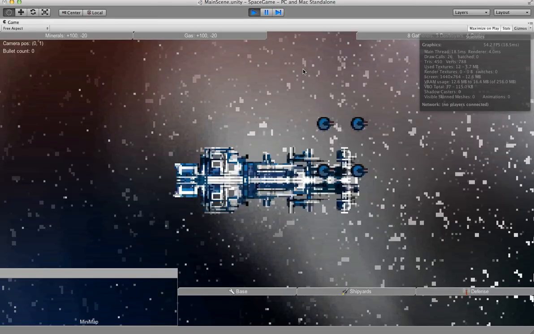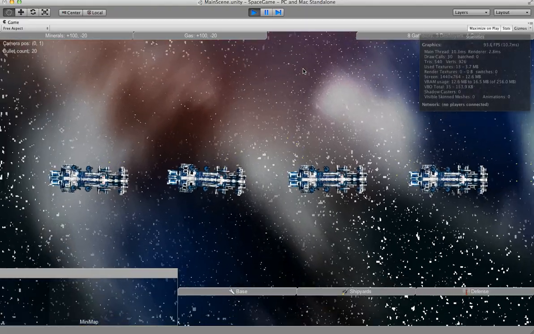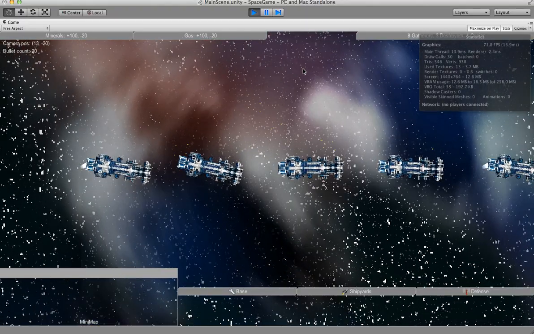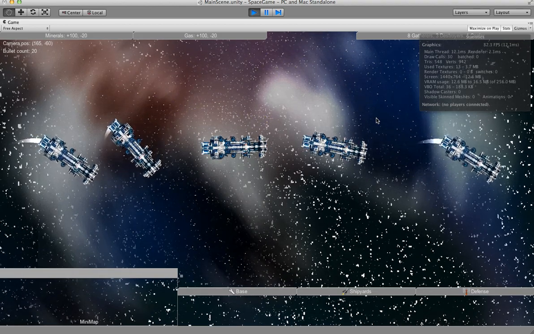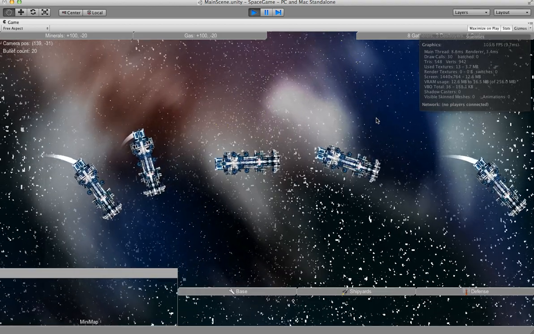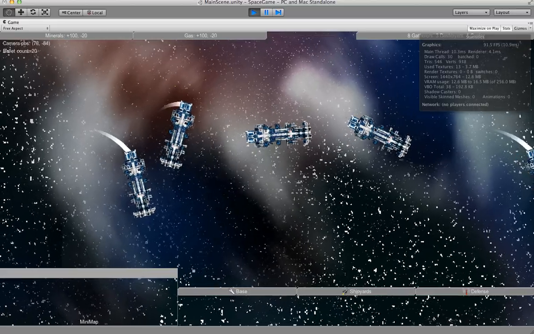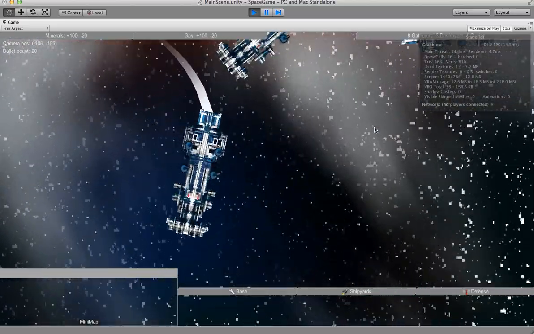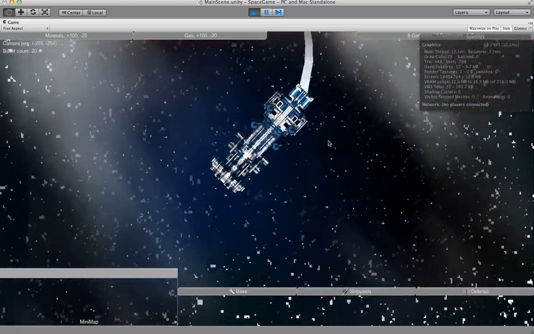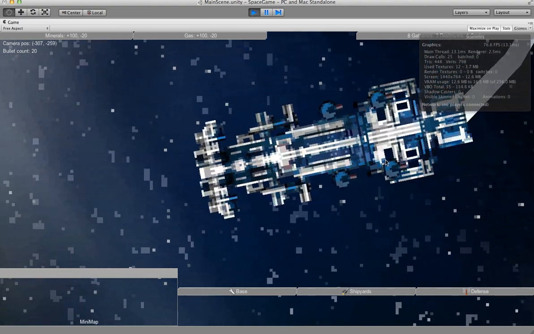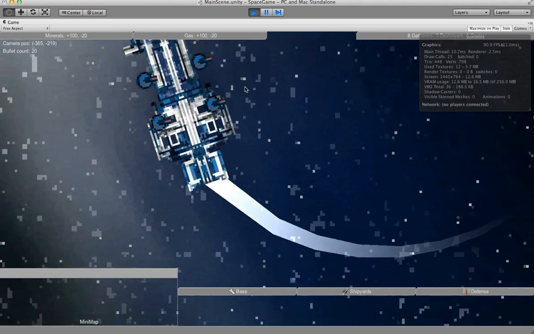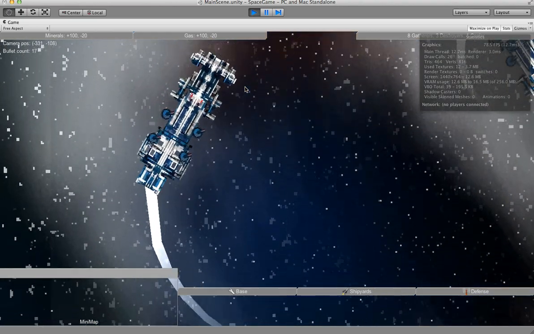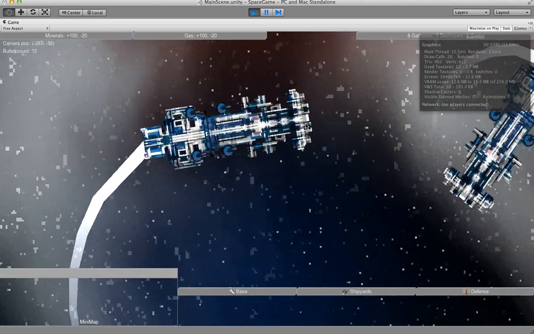So the game right now is pretty bare bones. There's no gameplay mechanics, it's just purely physics testing and then also sprite loading. Right now the screen might be kind of jittery, even though it's running at 80 frames a second, and that's because of the recording software. But thus far what we have are ships that are loaded. The ships are animated. If hopefully you can see this, the ships actually have a little blinking light, as well as they have turrets, and all of this is defined in configuration files and also simple Photoshop files that